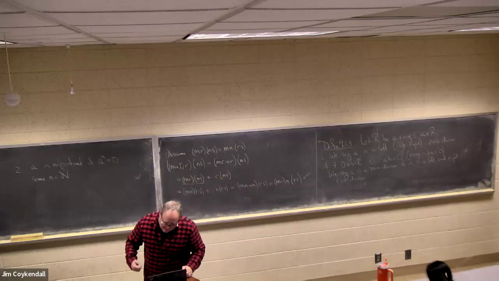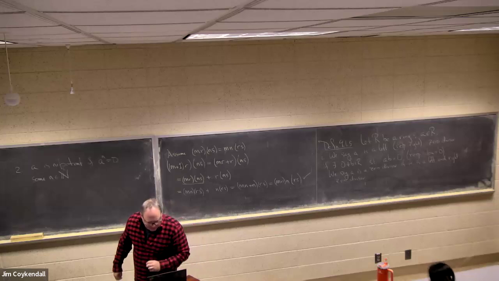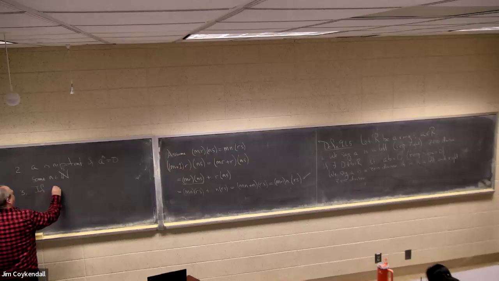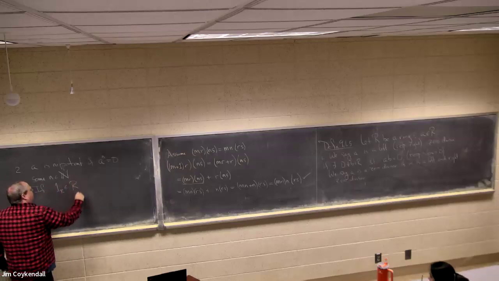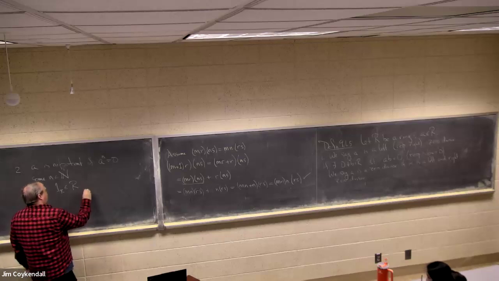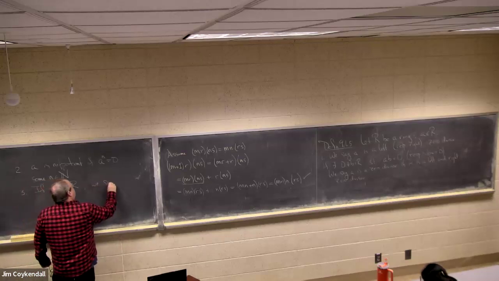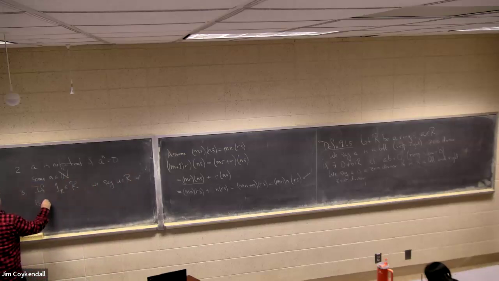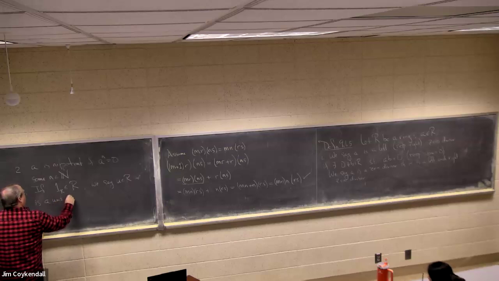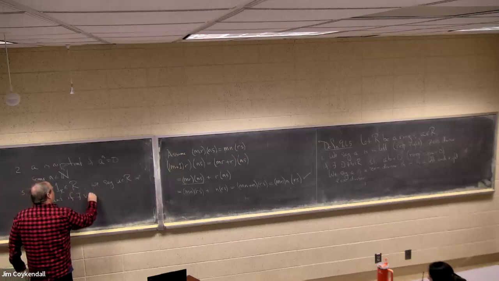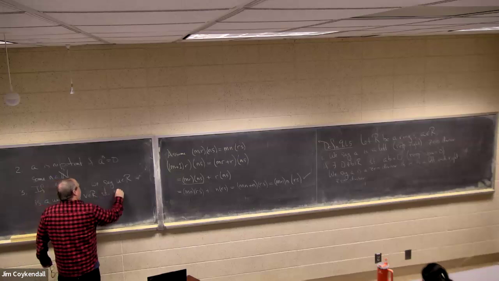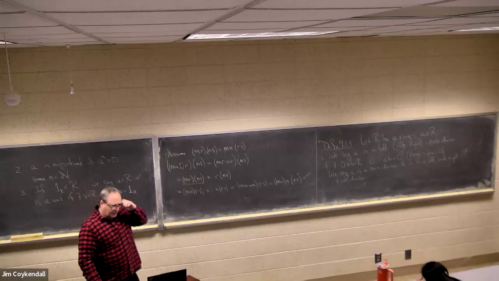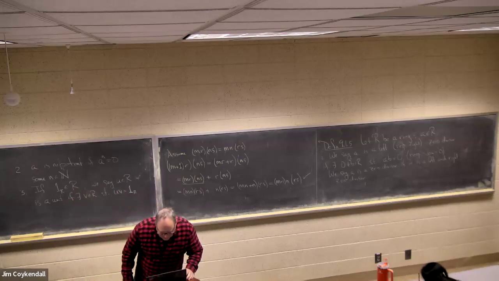And finally, sort of the antithesis of all this, if R is a ring with identity, we say U in R is a unit if there exists B in R such that